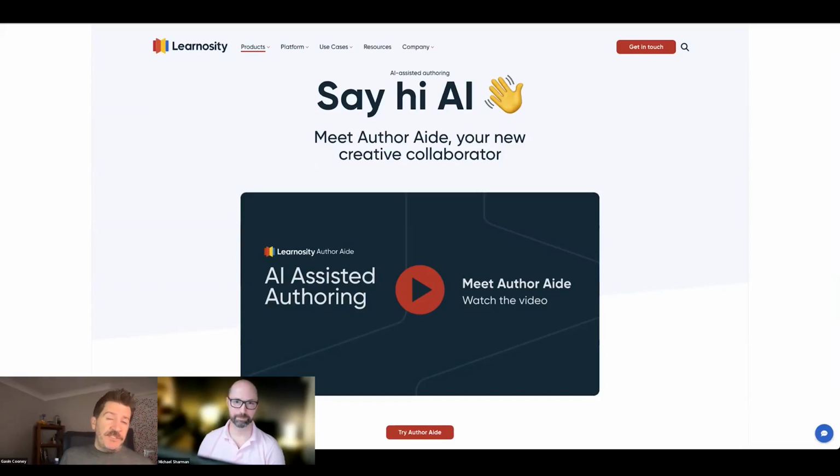The expanding question types is the other part. We're here now launching with 3 different question types, but that list will get much longer quite quickly. Absolutely. All of those things are coming, including the ability to deliver Author Aide via an API. If you're a Learnosity customer who embeds our authoring API inside your platform, don't worry, we haven't forgotten about you. We will be delivering Author Aide via an API sometime early next year.